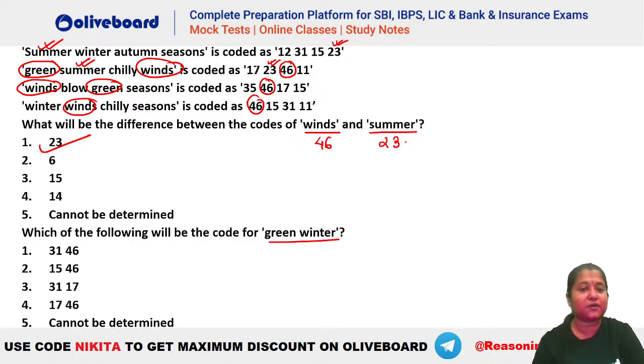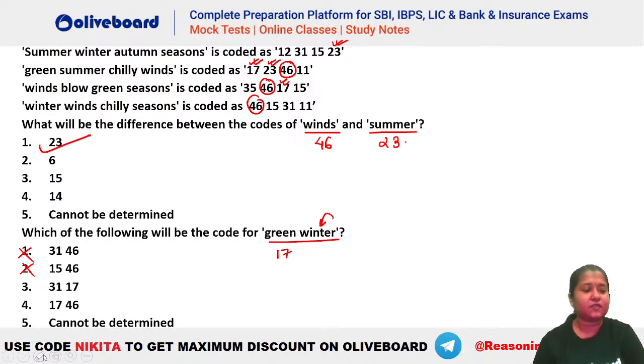And what is that number? You can see that's your 17. 17 in दोनों में common है ना? So that means this green has to be 17. अब 17 है मतलब फर्स्ट तो नहीं हो सकता, सेकंड भी नहीं हो सकता. Either it has to be 3, 4 और 5. Let's see. अब विंटर देख लो किधर है. Let's check winter. विंटर भी ढूंढ लेते किधर है, ठीक है.